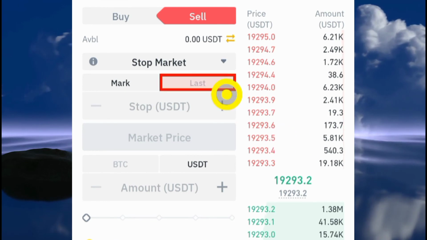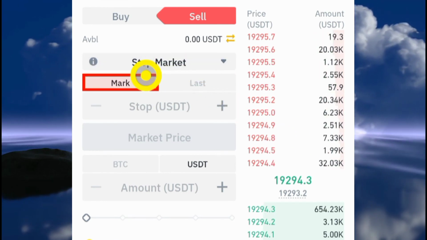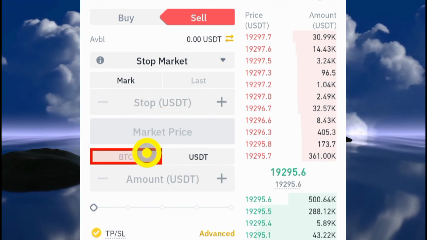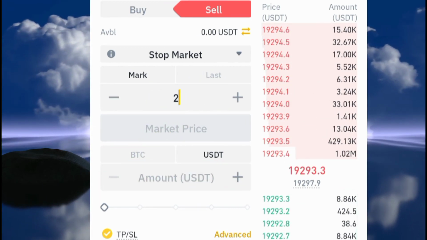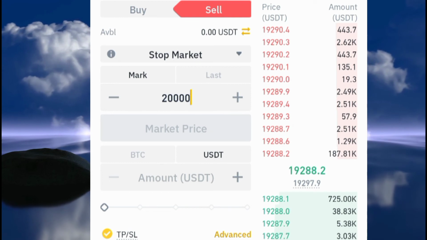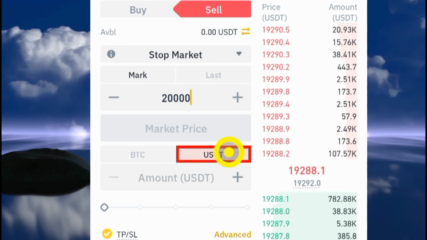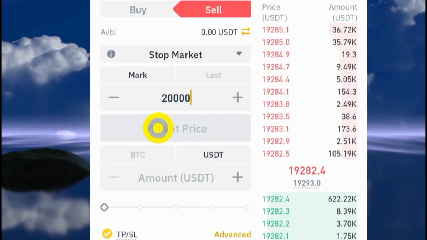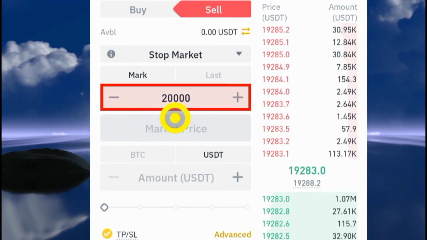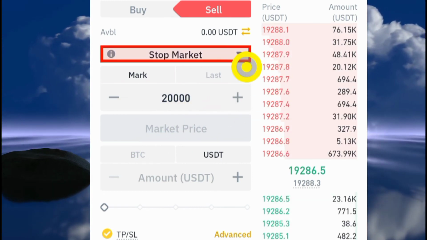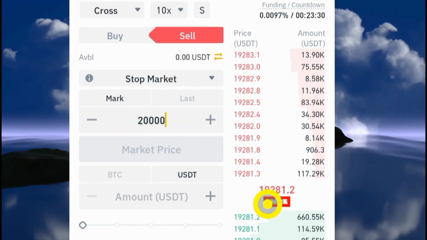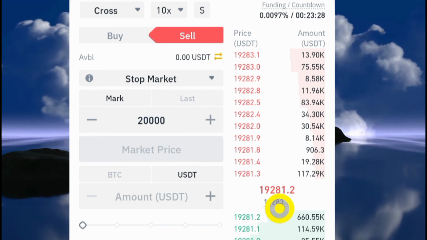Okay, so another type of order you could use is this one here, the stop market order. So again, remember you bought at 19,000. Let's put $20,000 here for example. So basically what you're telling Binance is, I bought Bitcoin at $19,000, but when the price gets to $20,000, I want to take profits. So when the price is $20,000, Binance is going to sell your Bitcoins,